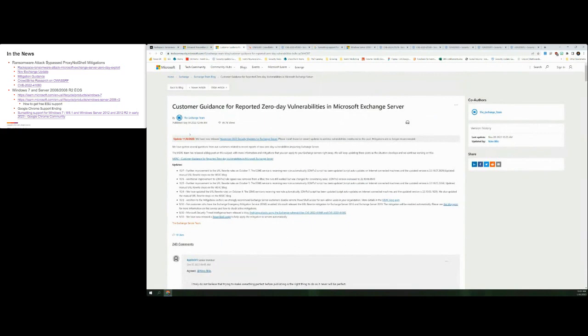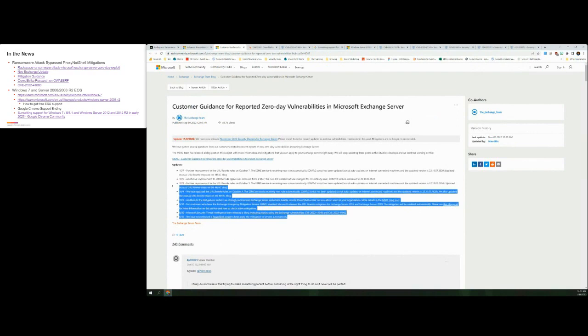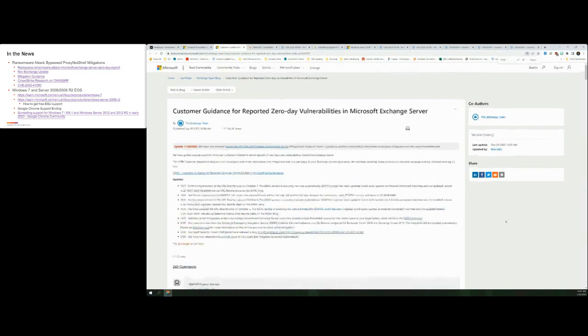So Microsoft, when they released the Exchange update on November 8th, specifically provided guidance saying the mitigations are no longer recommended. And even before that, the mitigations were originally coming out over the course of a couple weeks. They had to be re-released several times. So the mitigations were really having a hard time meeting the overall needs of mitigating that vulnerability.